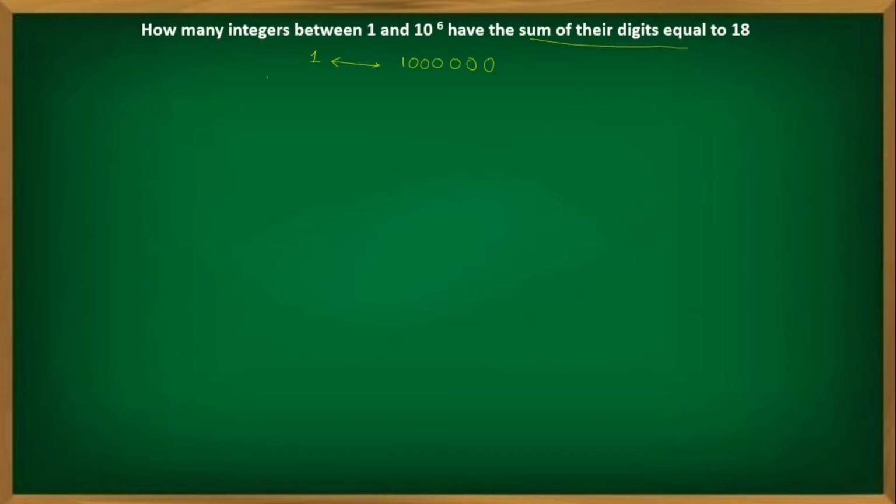We'll see the numbers containing a single digit, the numbers containing two digits, like this, the numbers containing three digits, like that, four digits, five digited and six digited numbers, right? So here we have to find how many numbers are there which are maybe a single digit or double digit or triple digit or four digit number or five digit or six digit. In those numbers, the sum of their digits must be equal to 18.